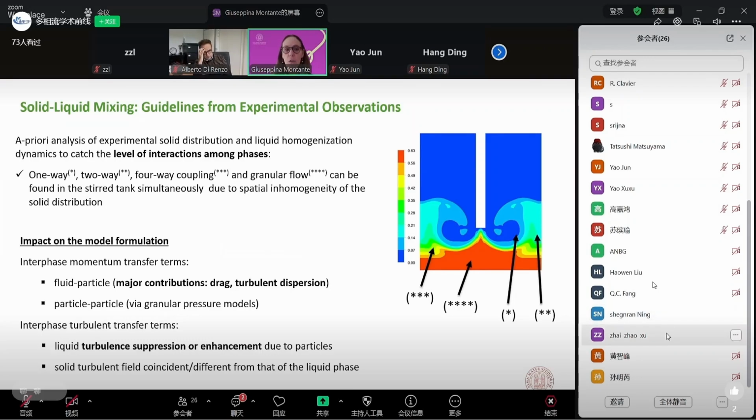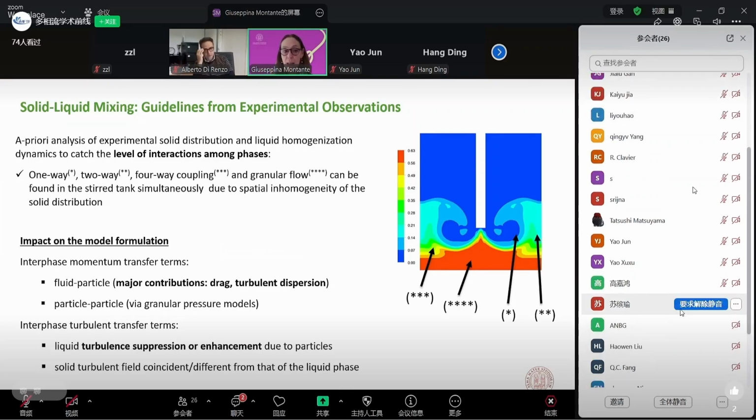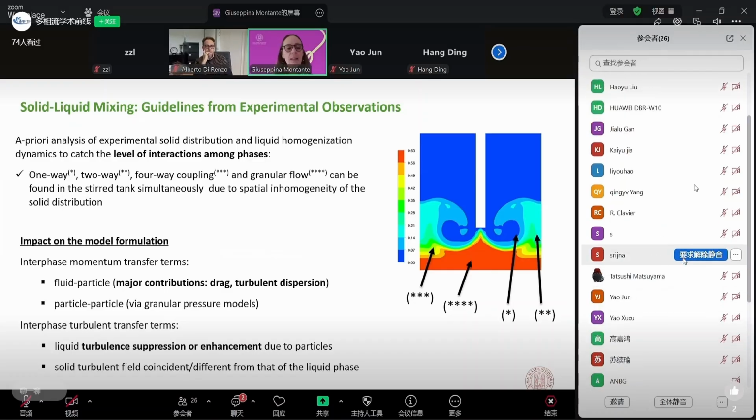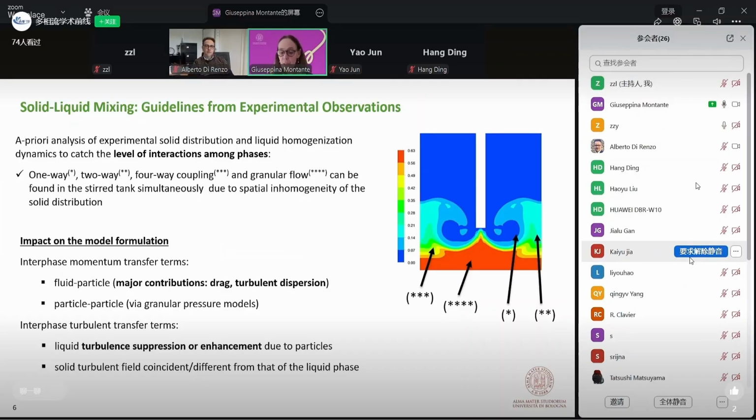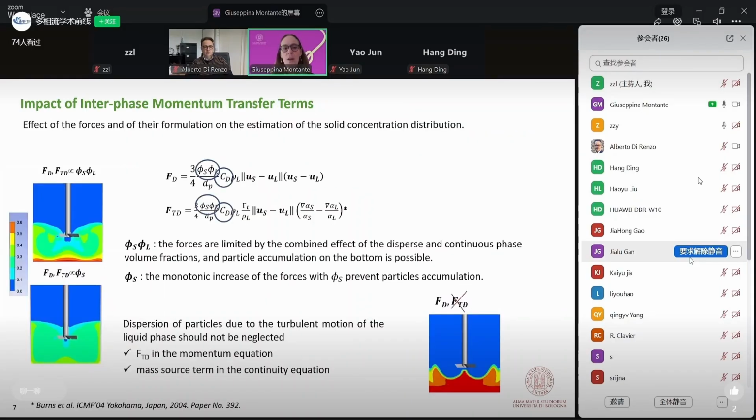And we should be able to account for the turbulence modulation effects due to the particles, and we need to consider how to model turbulence for the solid phase. So on the modeling side, even though the solid-liquid system is relatively simple with respect to gas-liquid, for instance, because we have a fixed size of the dispersed phase,